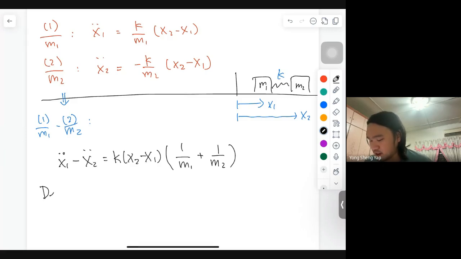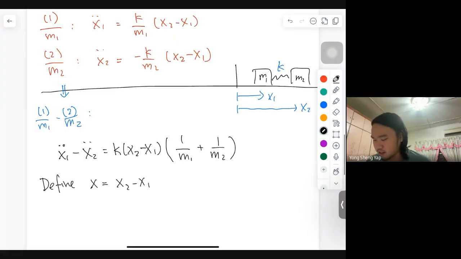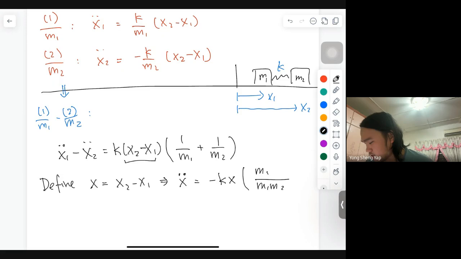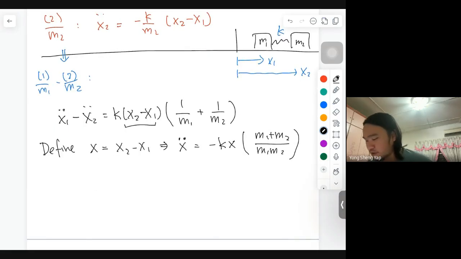If I define x as x2 minus x1, you get that the acceleration of x equals negative k x multiplied by something like this. If I bring the fraction to the left hand side, I get a nice equation,